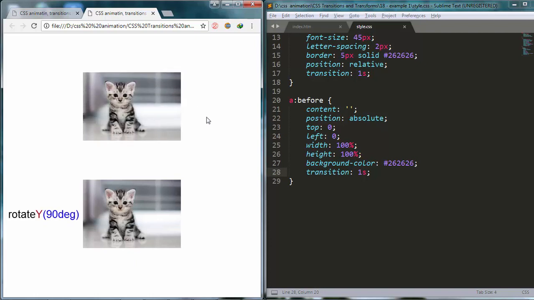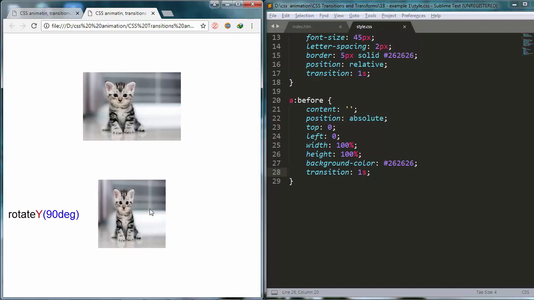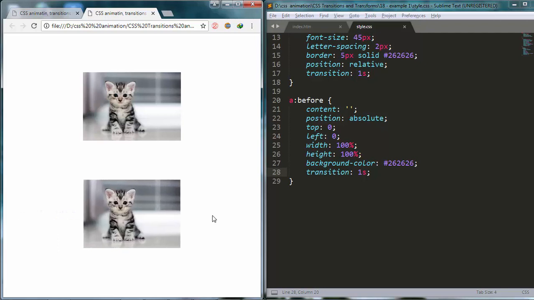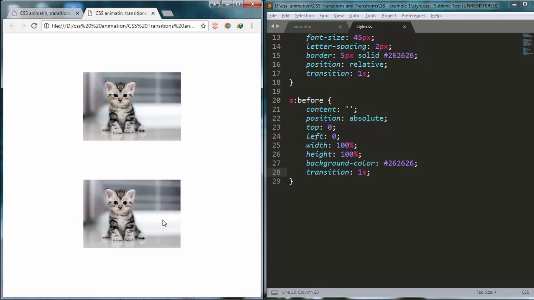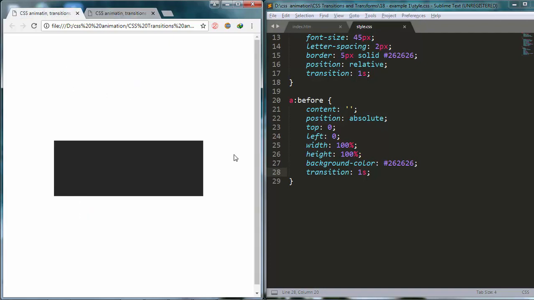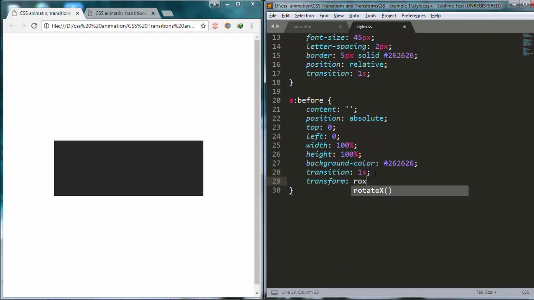And I have set the rotate Y for the second image to 90 degrees on hovering as well. So now, when I hover over it, you can see the image is rotated along the Y-axis by 90 degrees until it disappeared as well. Alright, now that we've reviewed what rotate X and rotate Y do, let's go back to our CSS. I will go right here and add rotate X 90 degrees to our pseudo element so that it'll rotate by 90 degrees and will disappear